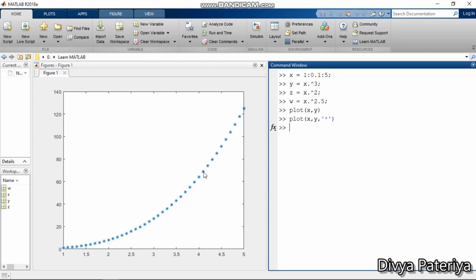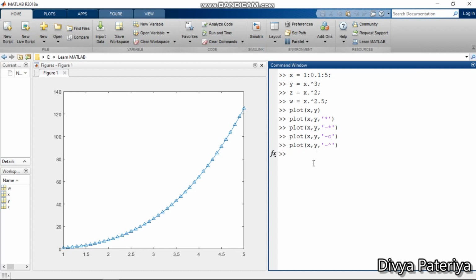This point is defining, for each value of x, what is the y value we are getting. Now in this case we have missed the line. So to get a line in this figure, suppose I want a solid line. So dash I will give for a solid line, and when I press enter I will see a line joining these stars all together. Yes. So now we have seen that we have the basic graph along with the coordinate points which are represented as a star. So in place of star, I can also give O. I can also give the plus sign. So in this way, I can represent my coordinates.